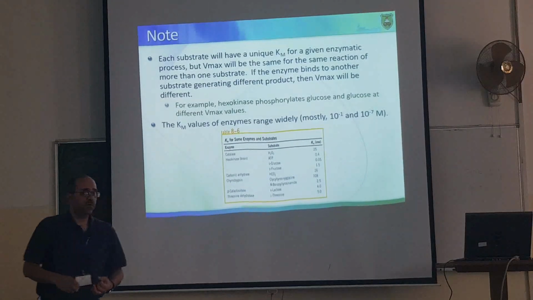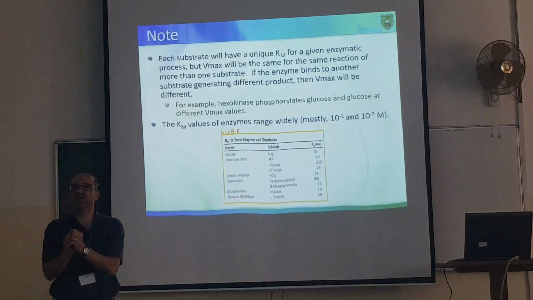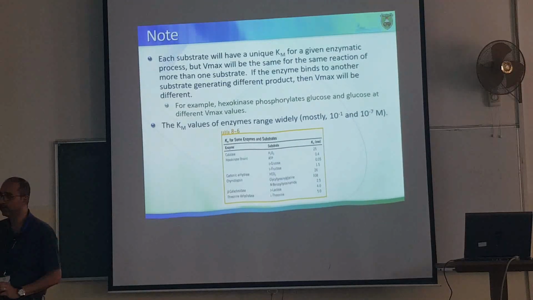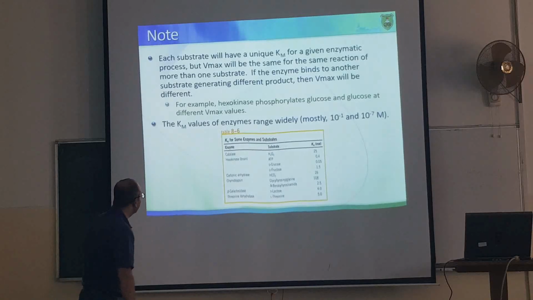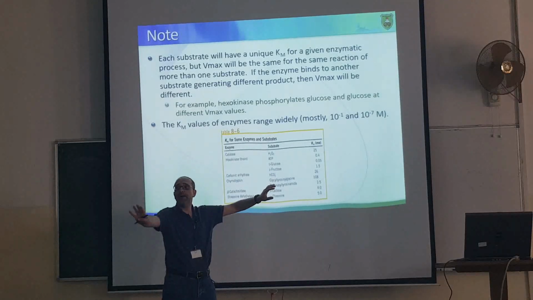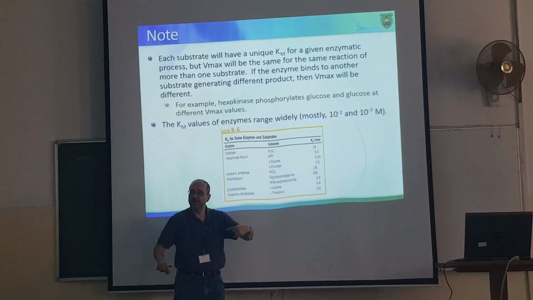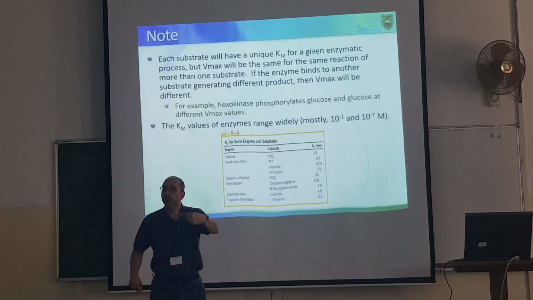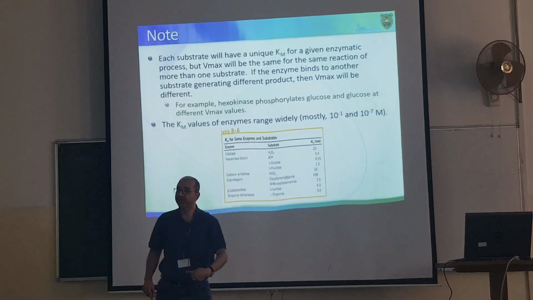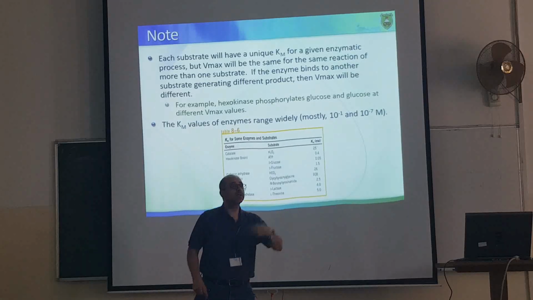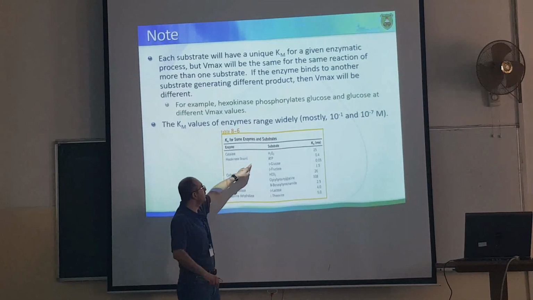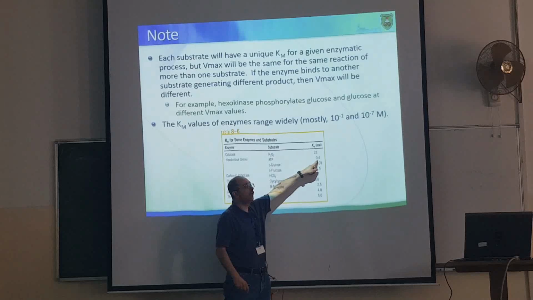فعنده two different substrates. بربط مع الاي تي بي ومع الجلوكوز بيعمل phosphorylation للجلوكوز، أو ممكن يربط مع الاي تي بي والفركتوز وبيعمل phosphorylation للفركتوز. ماشي؟ هذا اللي بيعمله الهكزوكاينيز. لاحظوا انه كل واحد من هذه السبستريتس له its own KM لانه the ability of the enzyme to interact with ATP will be different than its ability to interact with glucose, and it will be different than its ability to interact with fructose لأن الستركتشرز مختلفة، صح؟